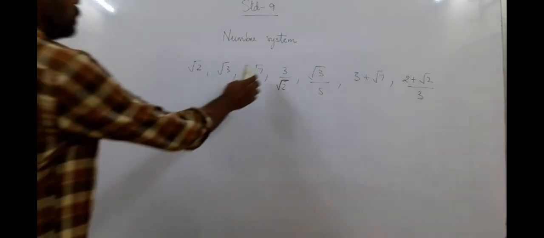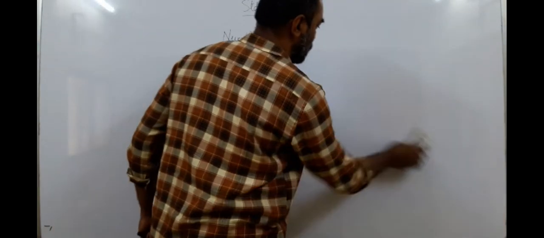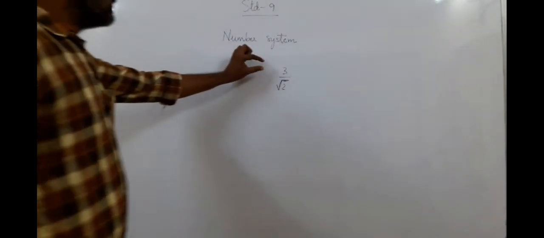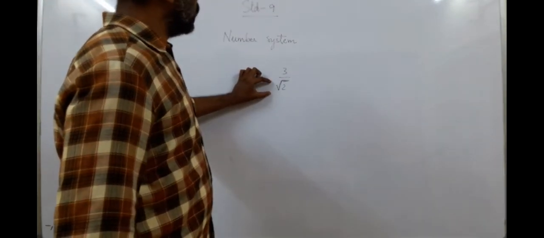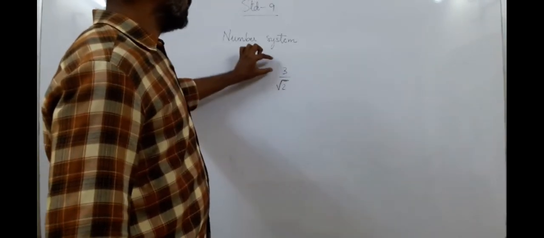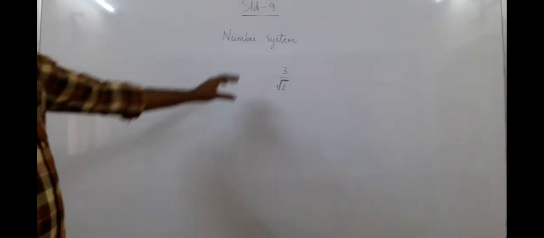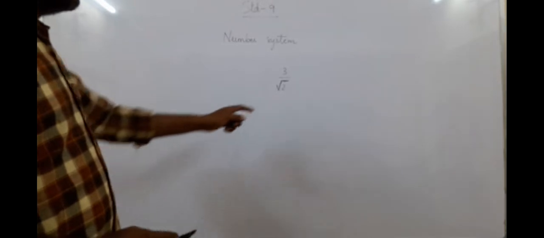So, I will remove all these forms because they do not have a denominator, and here the denominator is rationalized. So, we have got 3 by root 2. Now, this is a rational number, this is an irrational number. Dividing a rational by irrational or an irrational by rational, we get an irrational number only. But the rule is to rationalize. So what do I do here?